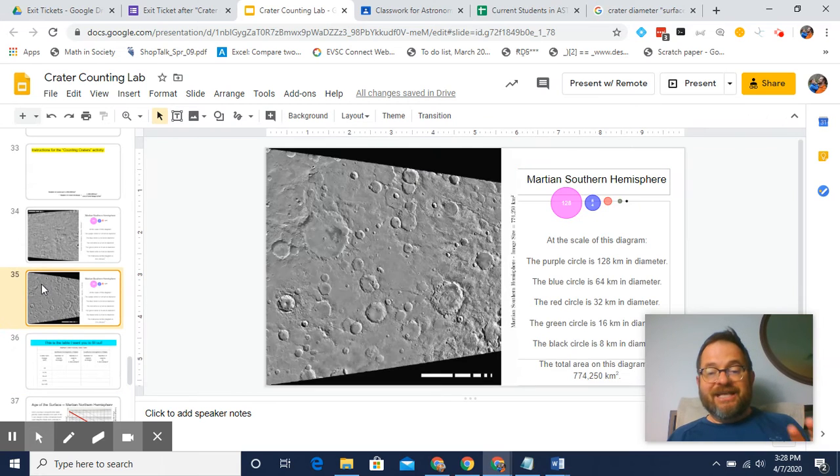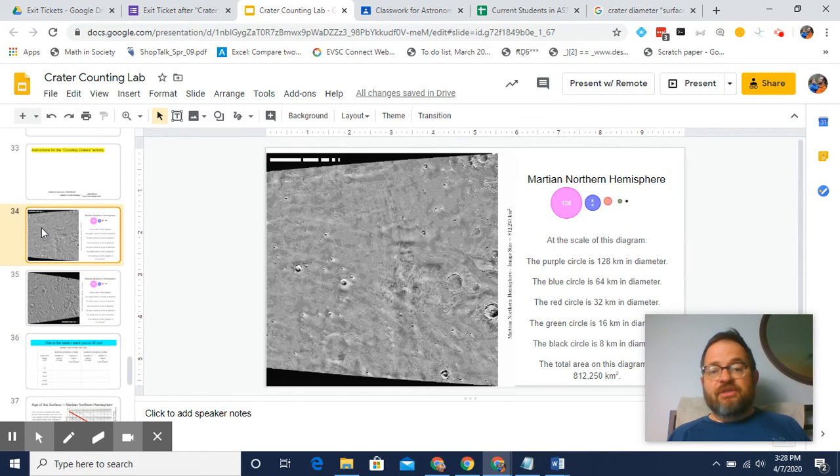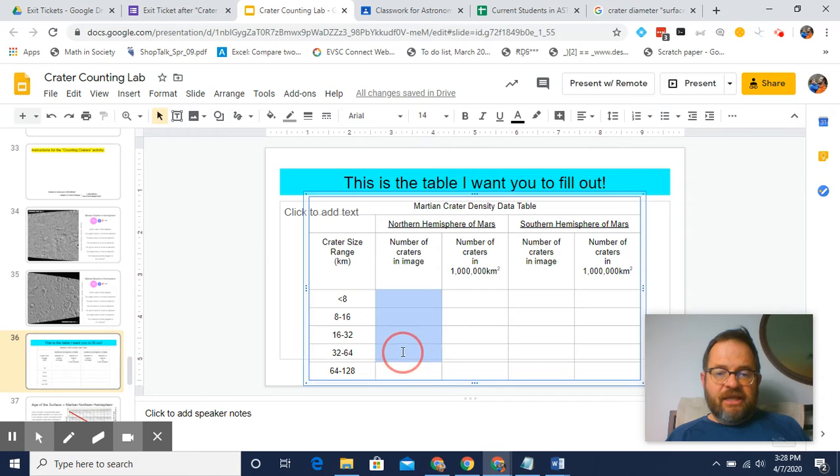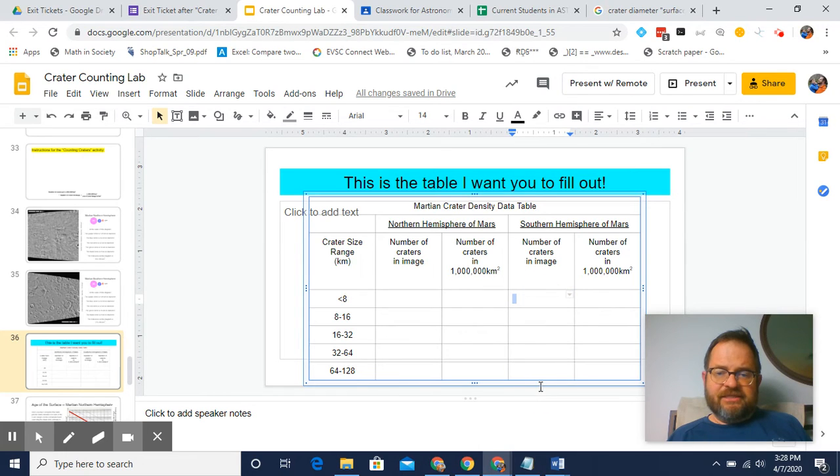Now, I get it, especially for those littler ones, you might have to estimate a little bit. I mean, there's an awful lot of little craters in this diagram the more you look. Now, this northern hemisphere one, there aren't nearly as many. All right. Once you have this column collected with data, and this is going to take a little while, I mean, it's not a fast thing, and you have this column collected with data,